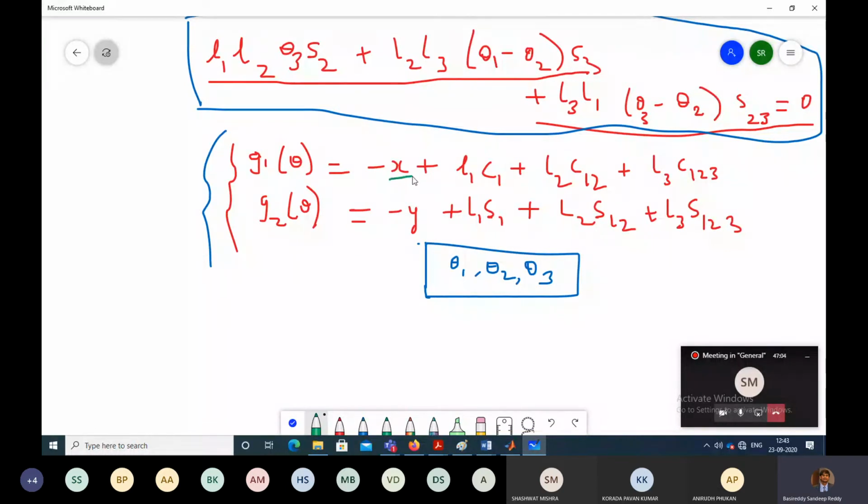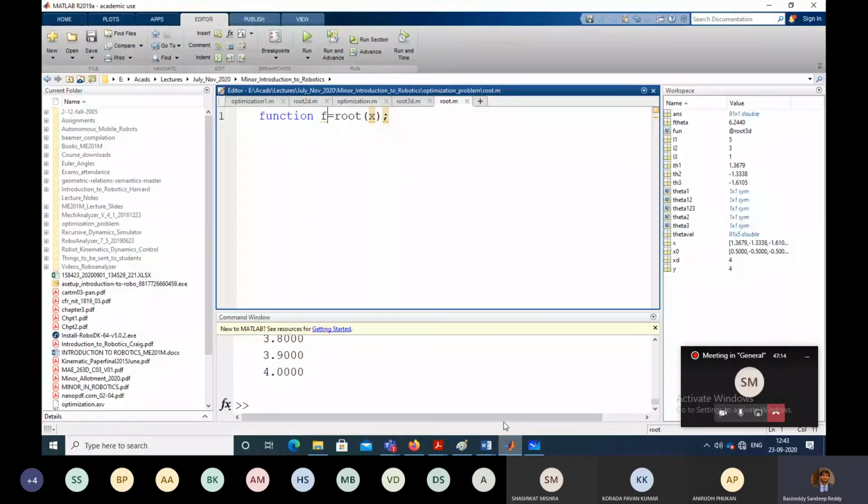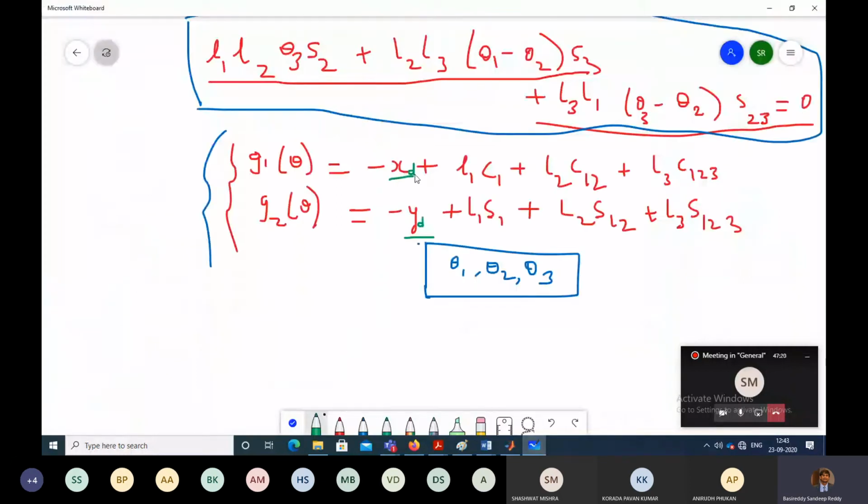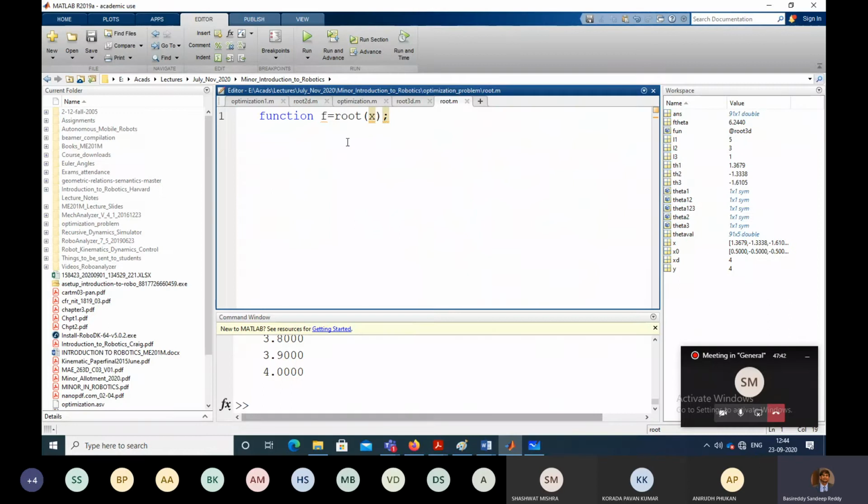So first I'll just separate out what is to be calculated and what is given. What is given is x, y, or just so that there is no confusion, I'm writing xd and yd, right? Because in my MATLAB I'm using x as the input for this. So to ensure that there is no confusion, I'm just writing some xd and yd. We know what is L1, L2, and L3, and these three equations simultaneously we have to solve, right? So first let us write these three equations symbolically, right?